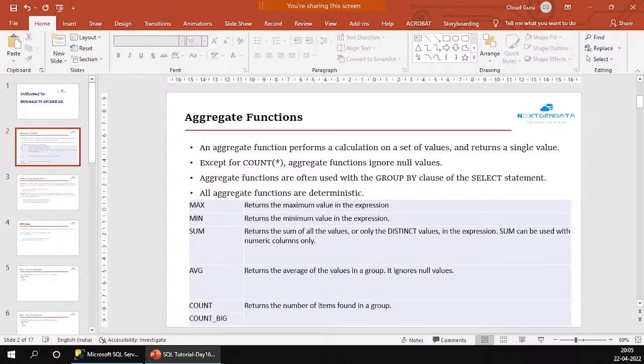There is one more aggregate function, which is min, and the purpose of min is to provide the minimum value. For example, if you have a field that contains values 1 to 10, in this case min is one value, so it will return 1. And then sum. What sum does is basically perform the addition of all values and give the sum of